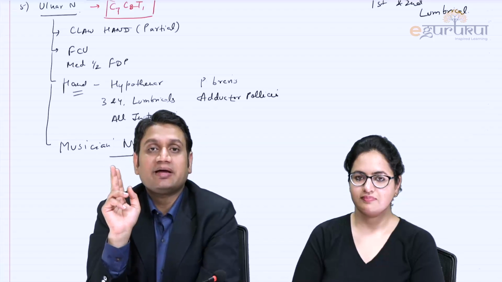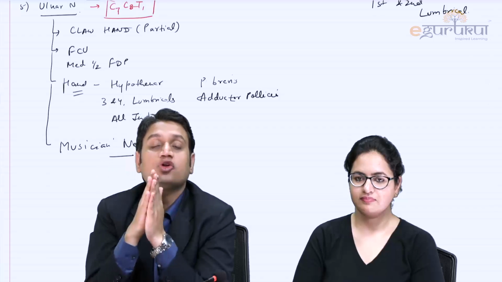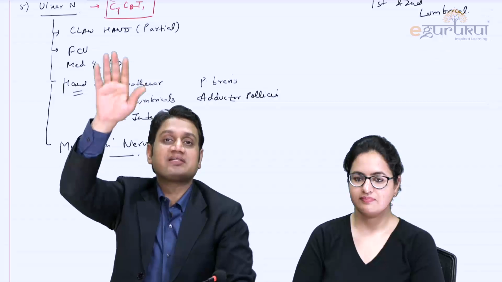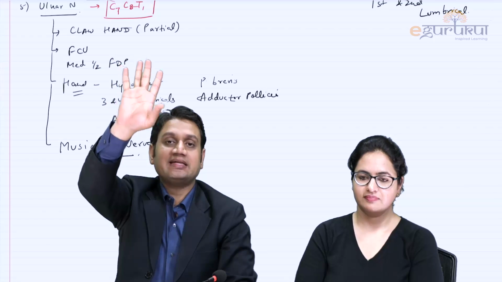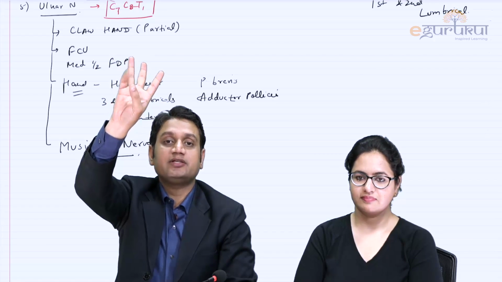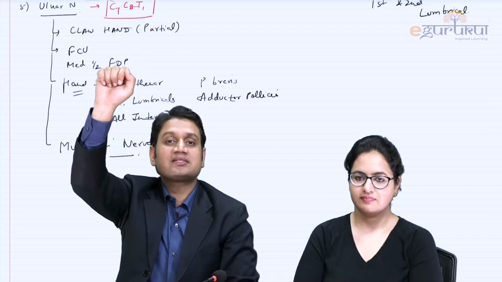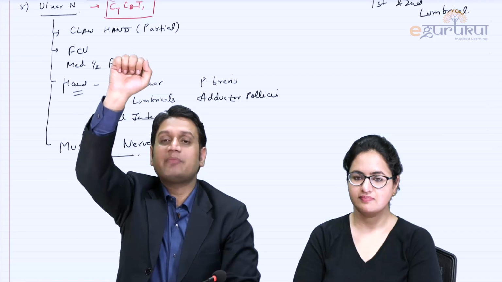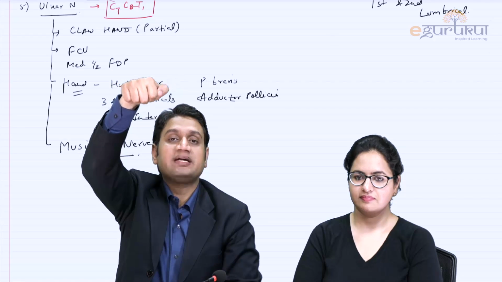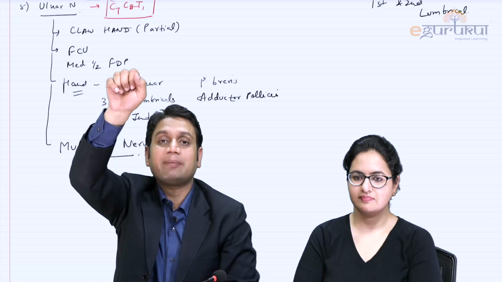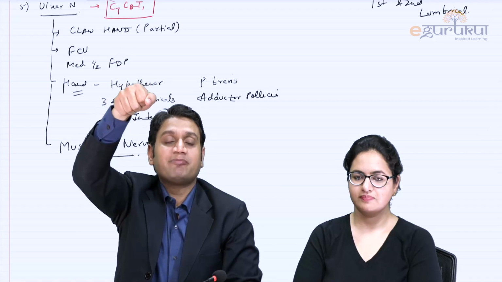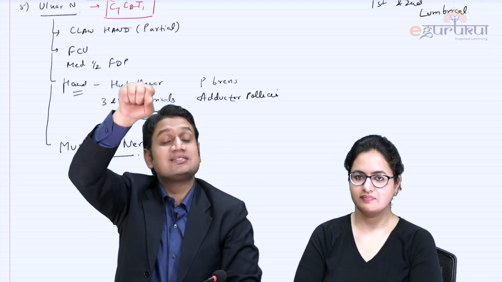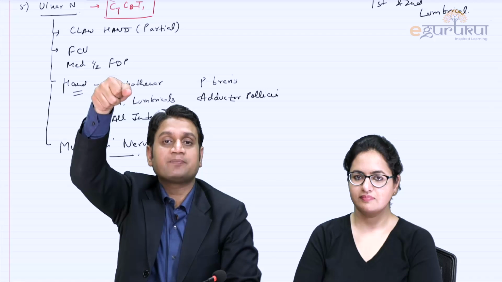Okay, second is flexor carpi ulnaris. Whenever there is an ulnar or median nerve injury, how should we proceed? Wrist, thumb and fingers. In the wrist, we have two main flexors: flexor carpi radialis on this side and flexor carpi ulnaris on this side. These two are my flexors of the wrist. If both flexors are okay, I make a fist and flex it down, and the wrist will come down in neutral position. If either radialis or ulnaris is paralyzed, the wrist will deviate in the opposite direction. If my ulnar nerve is injured and ulnaris is paralyzed, when I flex it down, it will have a radial deviation. Similarly, with a median nerve injury, it will go into the opposite deviation.